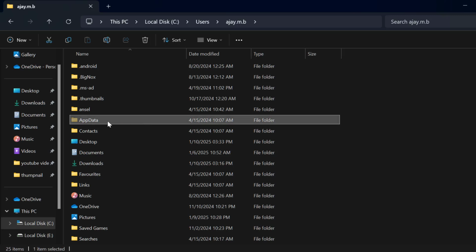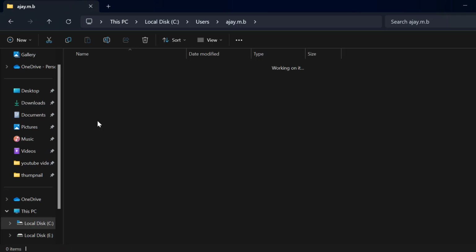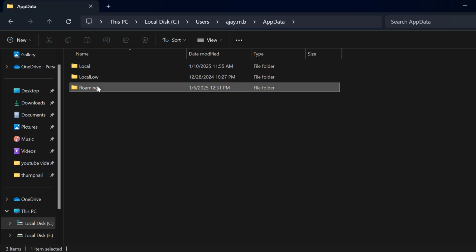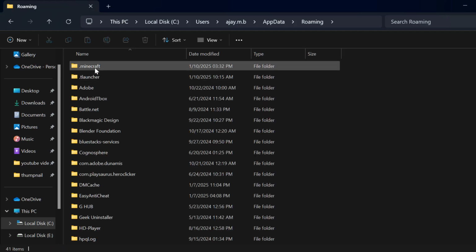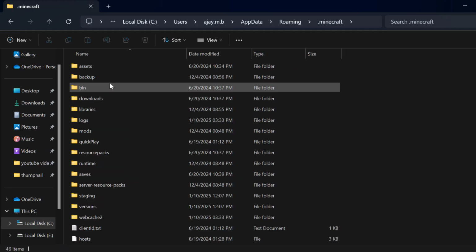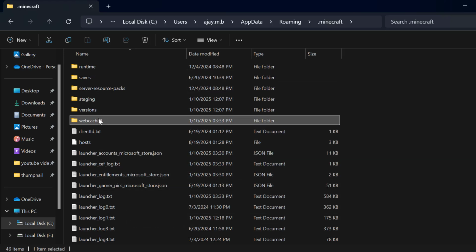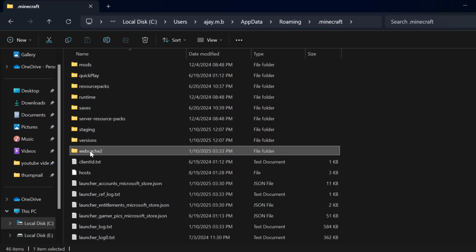And now you can see the AppData folder. Double click on it. Double click on the Roaming folder. Double click on the .minecraft folder. Now you just need to find the webcache folders. If you have one or two webcache folders in here, then you just need to right click on it